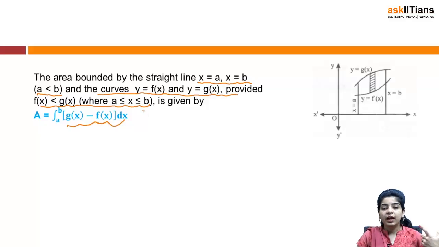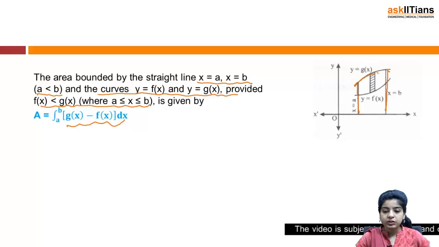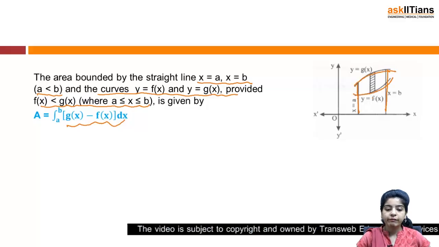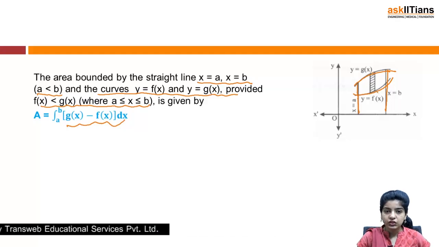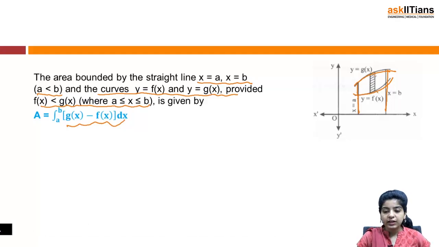See, the moment you have the figure in front of you, the picture is quite clear. Until and unless you draw the figure, you won't be able to find out these areas. So now we have the straight lines x equal to a, x equal to b. Then we have the curves y equal to gx, y equal to fx. It's given fx is less than gx, so we are taking this as fx and this as gx. Then this entire area is what you are required to find out. This strip is denoting that this is the area that we are required to find out.